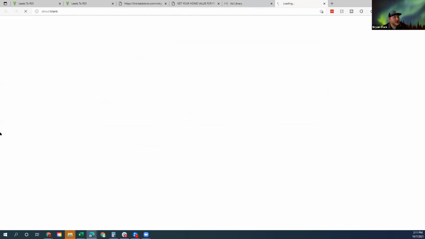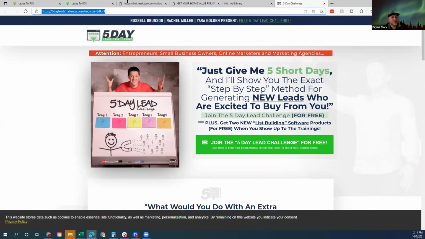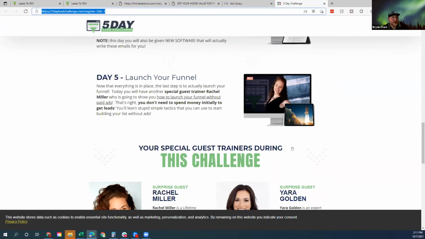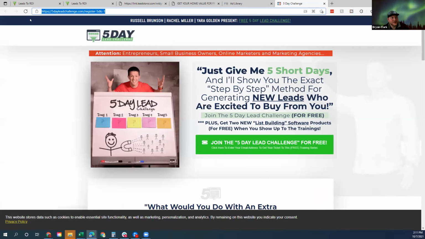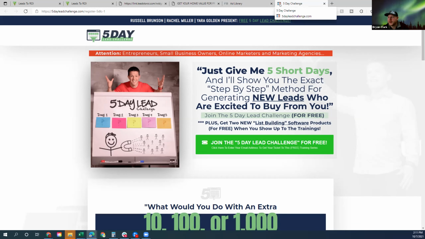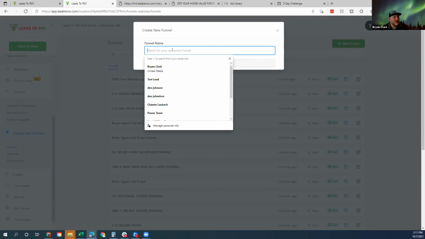Okay, so we're going to jump into one of his landing pages. Let's say one of our competitors had a funnel that we really liked, and we knew it was a ClickFunnels funnel. There's usually a ClickFunnels logo up here, a blue gear wheel and a red gear wheel inside of a window. So you could go in and copy that individual's funnel, select new funnel, and then we could say,